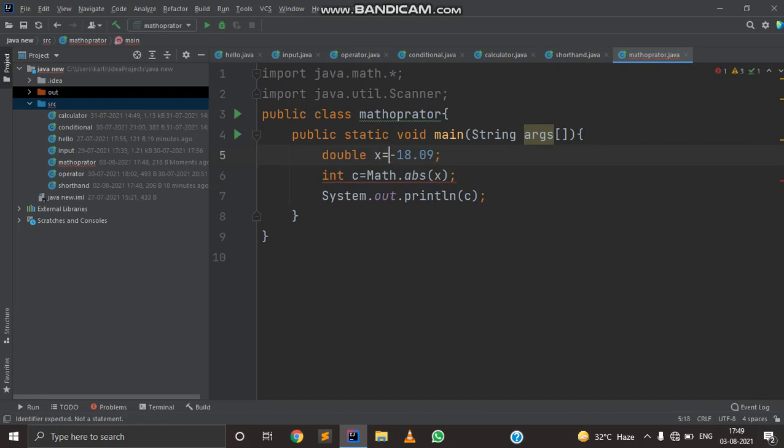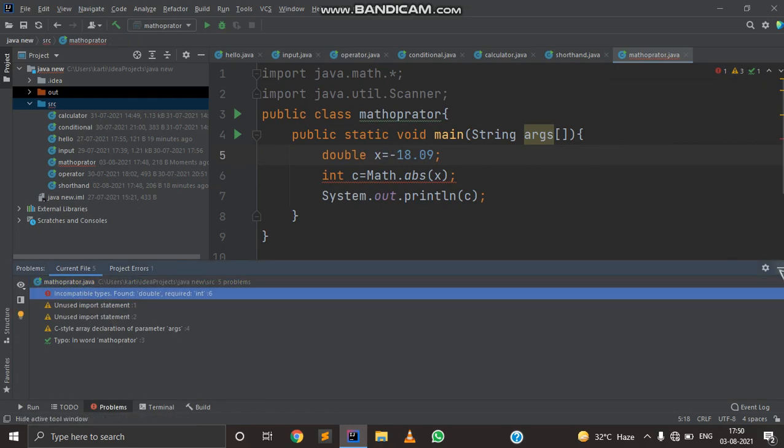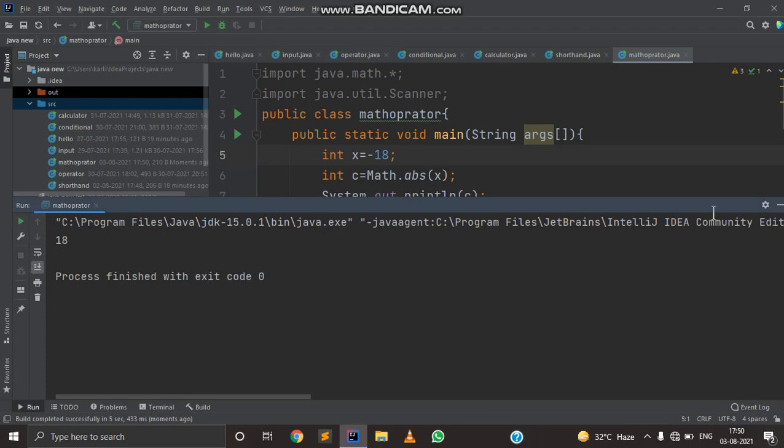I have not initialized it. Now we run this program. As you can see, the answer is 18 instead of minus 18.09.